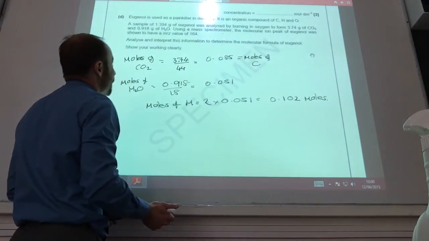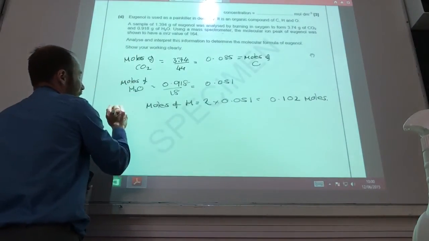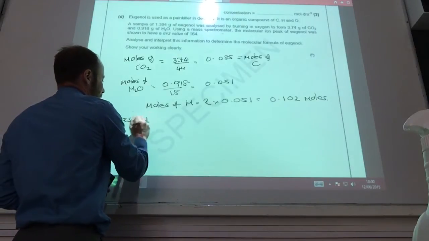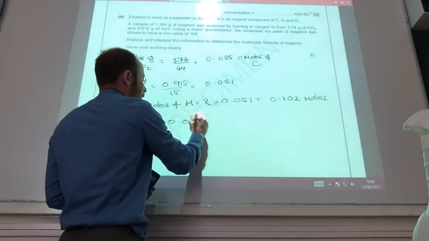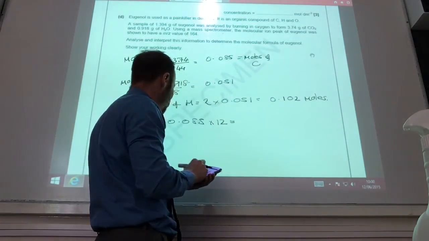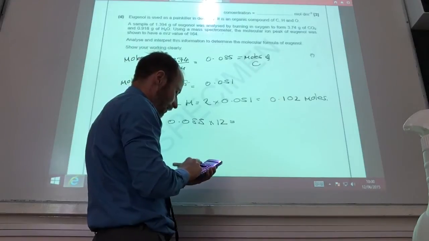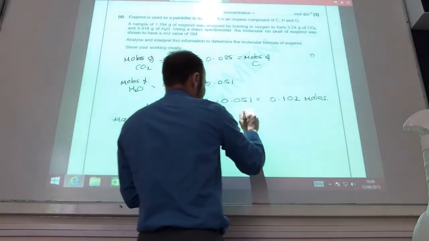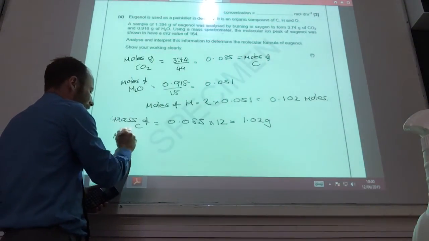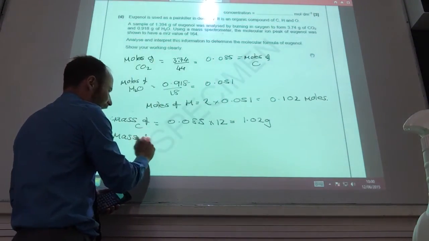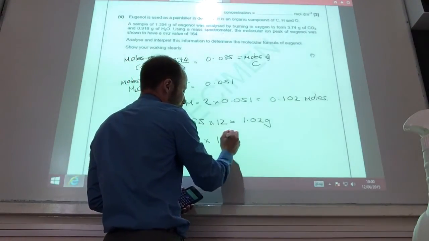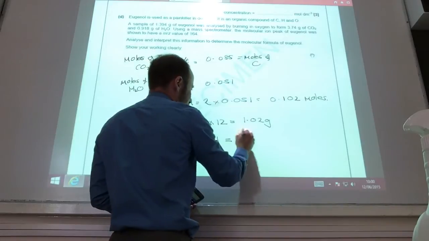I now need to work out how many grams. So if I do that, I can now work out the mass of carbon I must have had, which is going to be 0.085 times the molar mass of carbon, which is 12. So 0.085 times 12 gives me 1.02 grams. The mass of hydrogen I must have had is going to be 0.102 times the molar mass of hydrogen, which is 1,